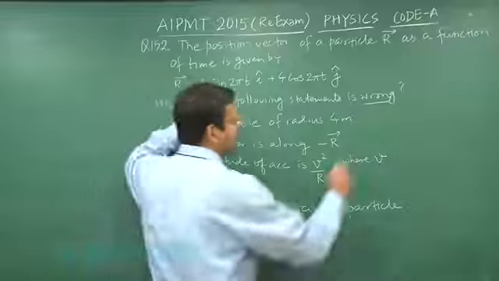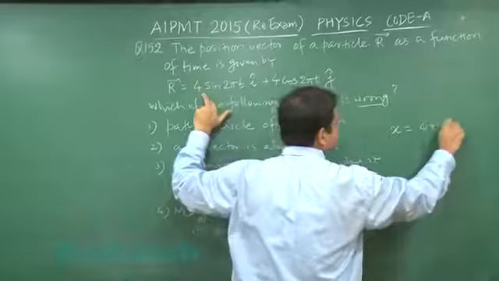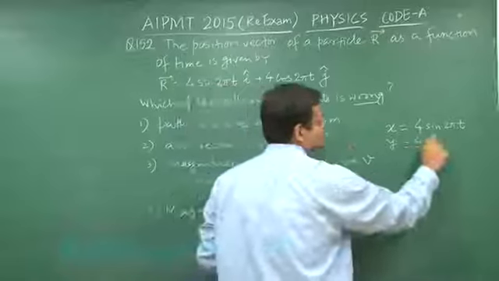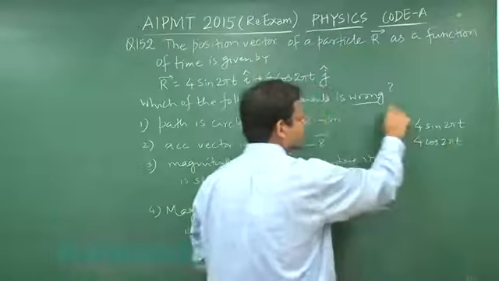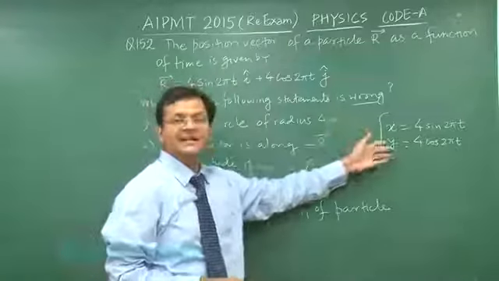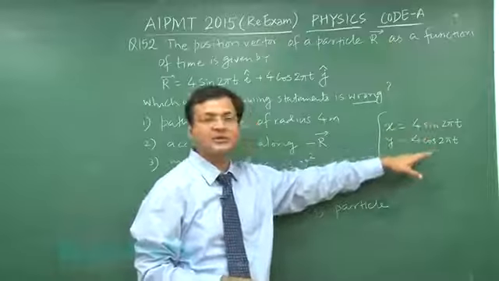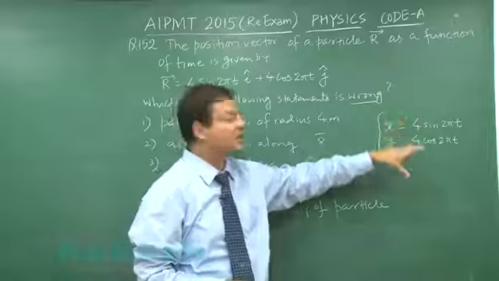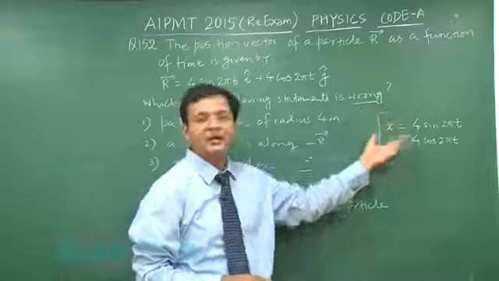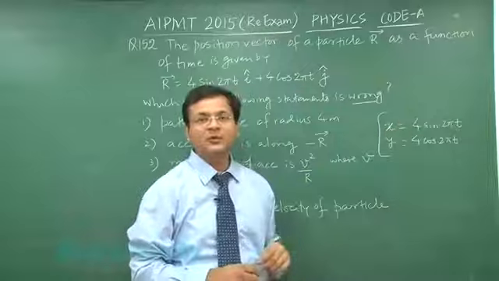If you try to solve it by comparison, you can say x is equal to 4 sine 2 pi t, and y is equal to 4 cos 2 pi t. You understand? This is the comparison equation you can use. Simply it is indicating that it's a motion on a circle. You see here amplitude is same, and one is sine, another one is cos. So it's a motion on a circle, and the radius is 4. You can further differentiate it if you want the expression for velocity. If you differentiate it, this 2 pi term will be coming out and so on.